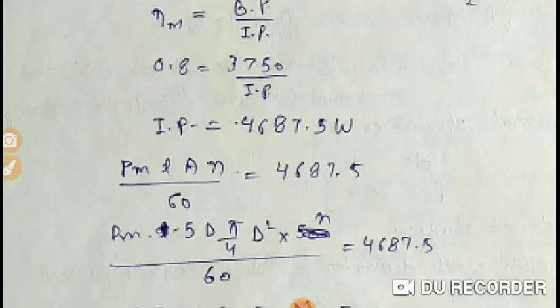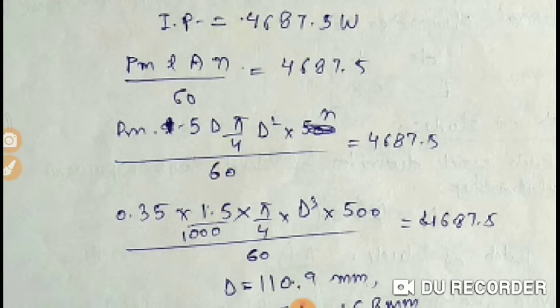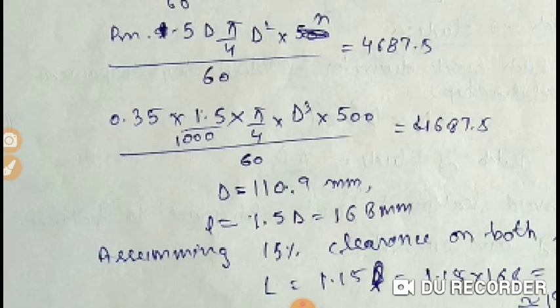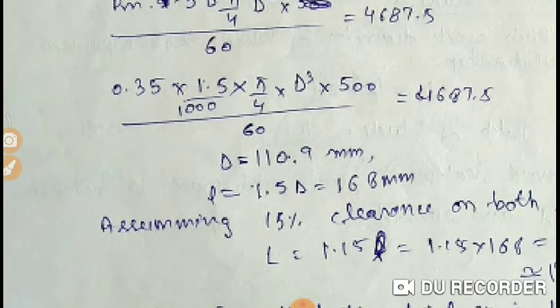Now L can be given in terms of 1.5D, and area is the cross sectional area of the cylinder, that is equal to pi by 4 into capital D square, into small n divided by 60, and that is equal to the value. Now you have one equation and one variable, capital D. Put all the values and calculate the value of capital D. Simply here we have calculated the value of capital D, that is the bore, and now that you already know that small l by D is equal to 1.5, so small l is also calculated.